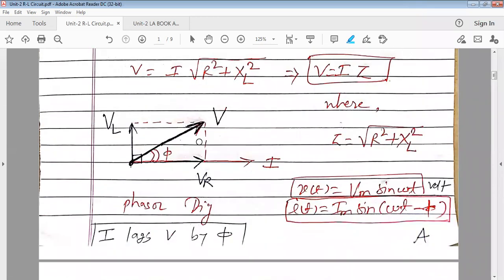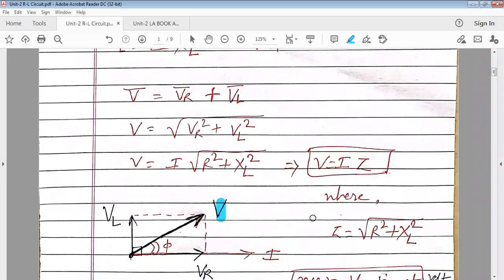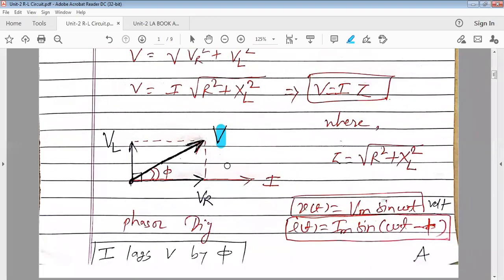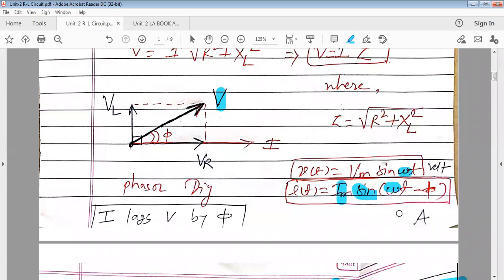So if the voltage equation is v of t equals Vm sin omega t, this is the voltage equation. As current lags V by an angle phi, what will be the current equation? Im, it also will be a sinusoidal waveform. Angular frequency will be the same as that of the supply frequency, that is omega, isn't it? Omega t. Now in the phasor diagram you can see current lags voltage by phi. Lagging, so is it a plus sign or minus sign here? Minus, because it lags. Correct.